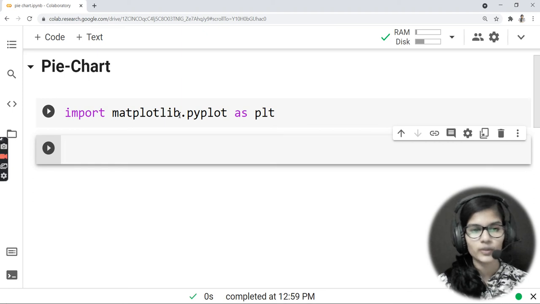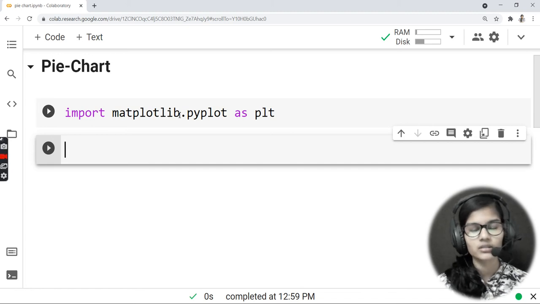So let's say I want to plot a pie chart to show how many percent of students eat which fruits. Let's say I just did a survey in a school, and according to that survey I want to plot a pie chart. Let's say 30% eat banana, 20% eat oranges. Now I just want to show that pictorially with the help of the pie chart, right? So it is a pictorial representation.